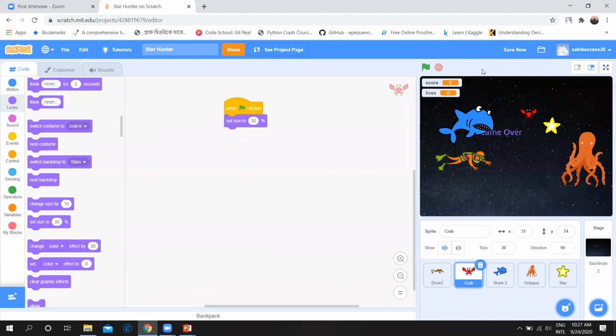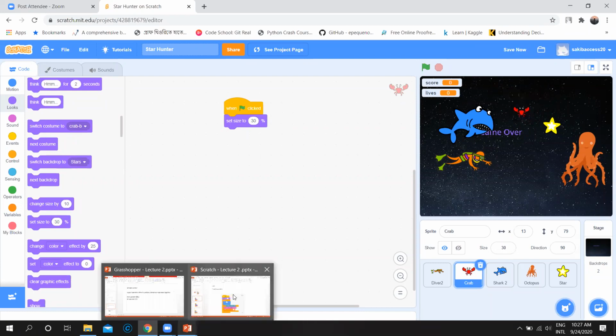After setting size to 30%, it has become small. If you make it 100% again, it increases. That's how you can change the size of a sprite. I can make it 30% so that it looks good for us.